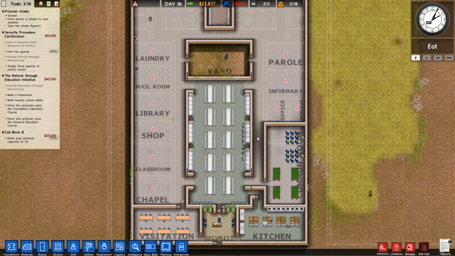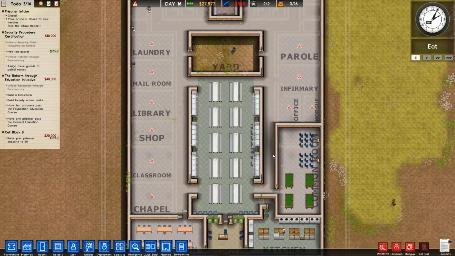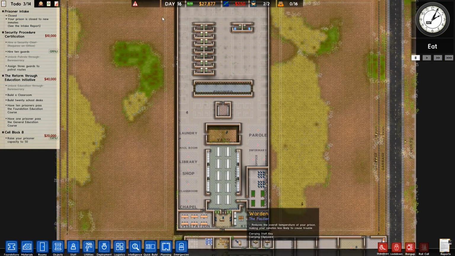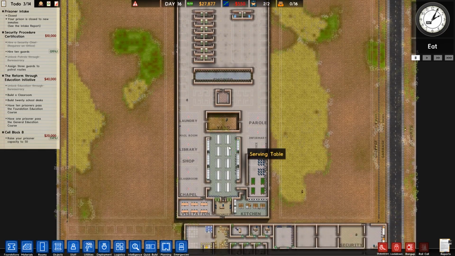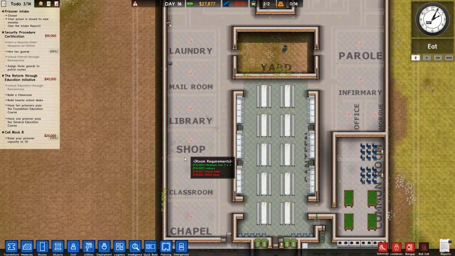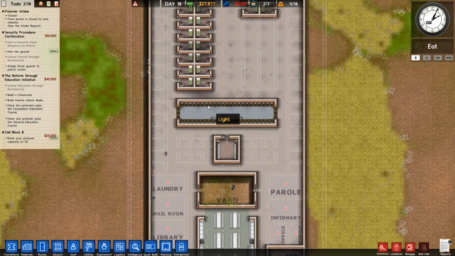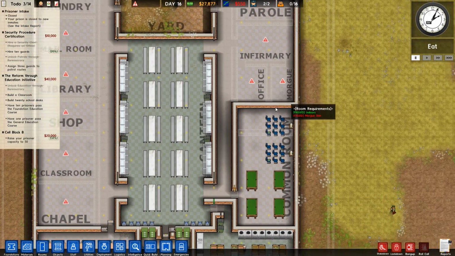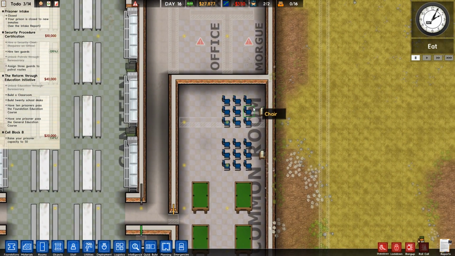But we're still missing out on the cleaning cupboard, and basically, even though about half this facility here is really earmarked for stuff that isn't about holding prisoners, which is a bit strange considering it's a prison. We're still lacking some room, but what we're going to do is we're going to probably go over